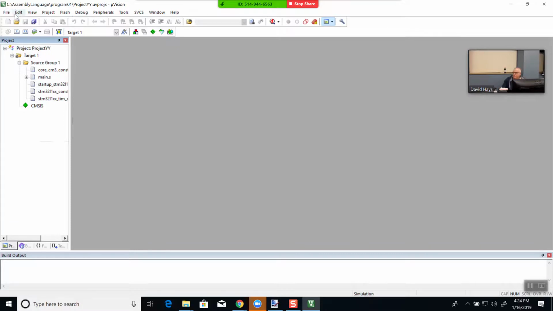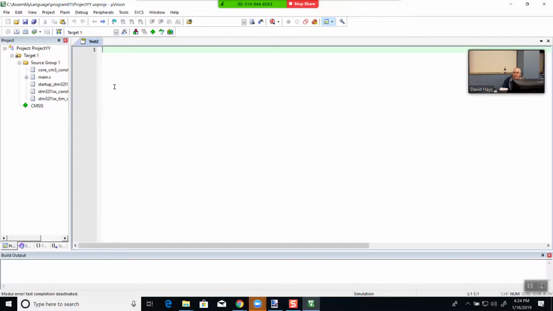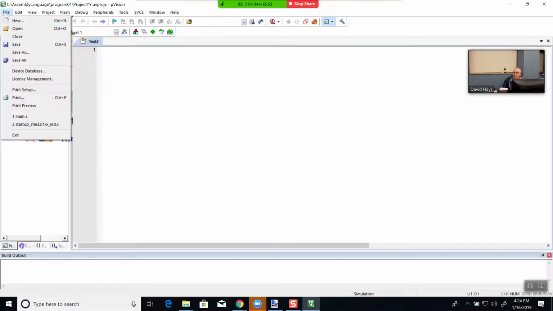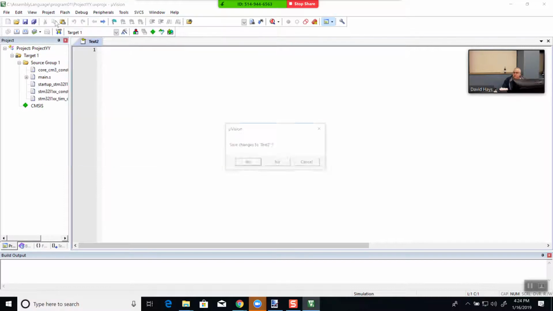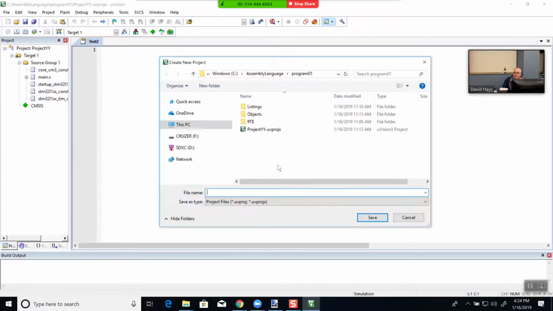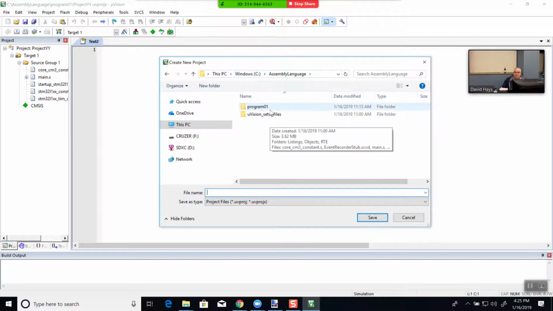Let me just do a file, new project. There's project, new uVision project. And save changes, no. It asks me where to put it. Now you see I got the assembly language folder I created, so I'll click that. And it says program 01. I'm going to click new folder